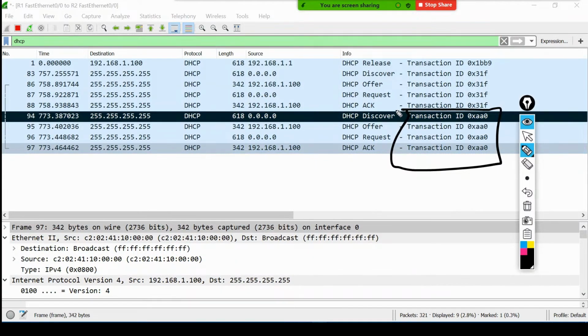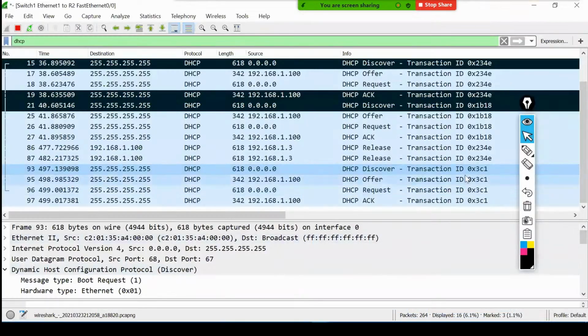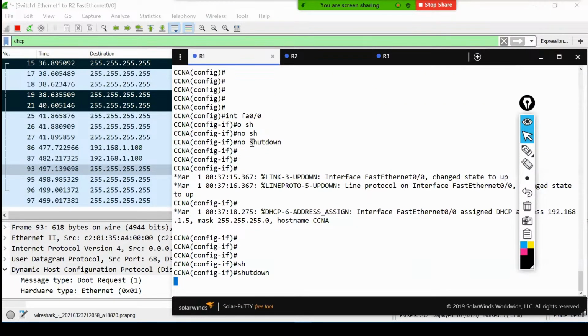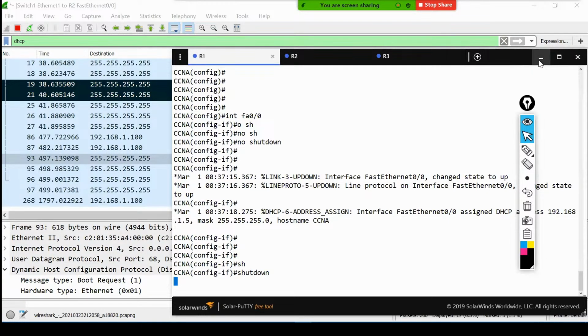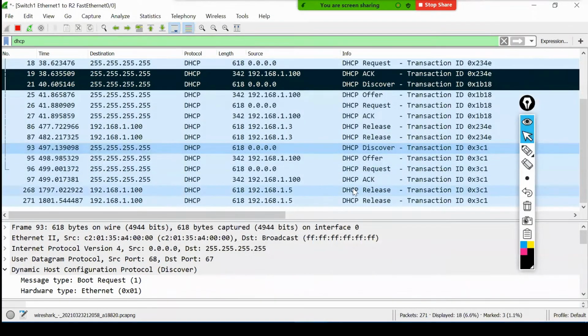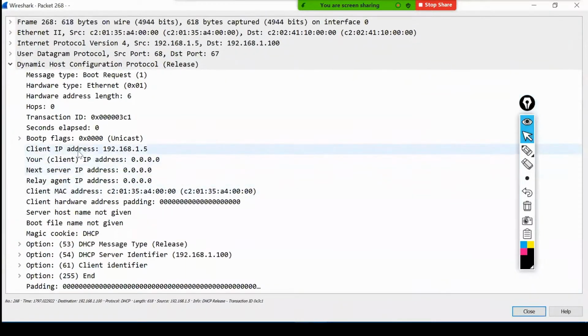Once the PC gets the IP address, what happens after that? Take an example with this diagram. Once the PC gets the IP address, what I'm going to do on the PC side is say, okay, which packet am I going to use? I'm going to use the release packet. And this release packet is a unicast packet.